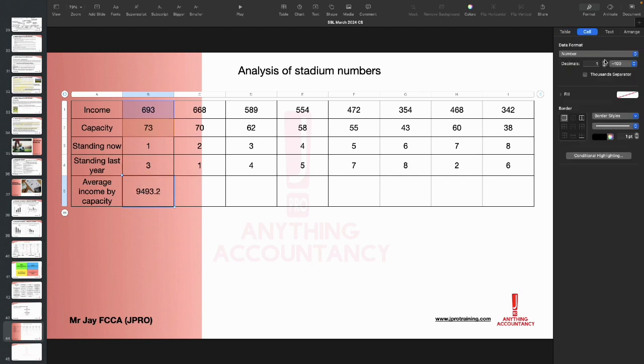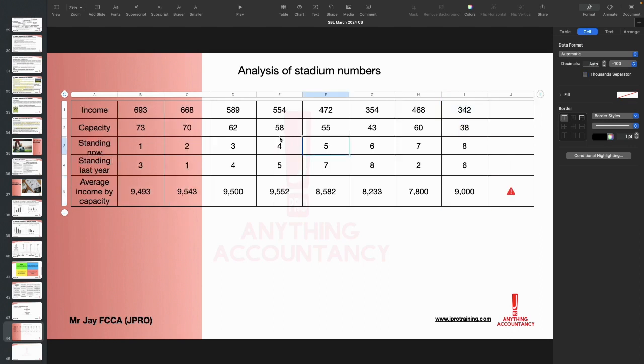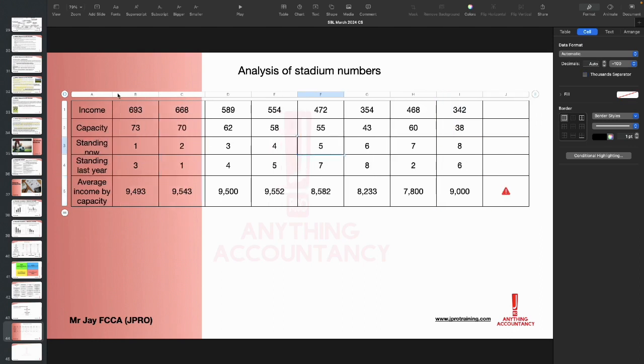that's your average income, guys, based on the capacity level. So you can see that this club is not doing so badly. They are earning a bit higher, remember? But this is something I want you to look at. There is something you're going to be looking at, which is called